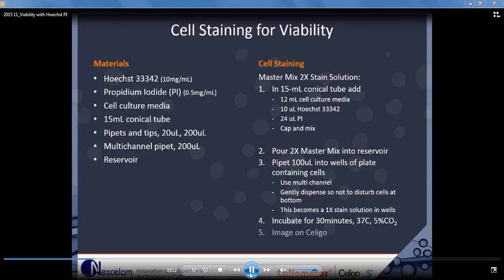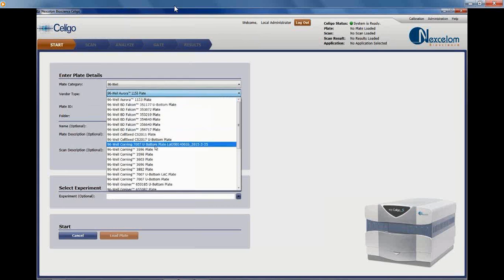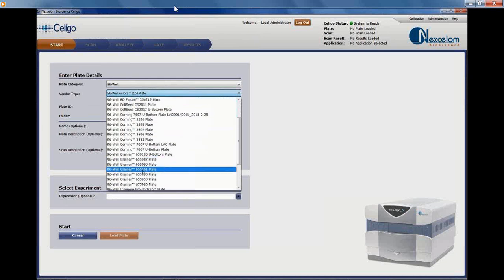First thing we need to do is create a new scan. For those of you that haven't really done this before, this is a very good introduction of how to do this. You first select the plate type, 96 well plate, and then you select the manufacturer and the product number that matches your corresponding plate. In this case, it's